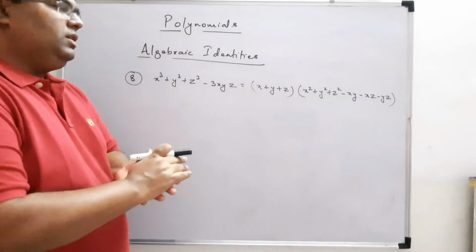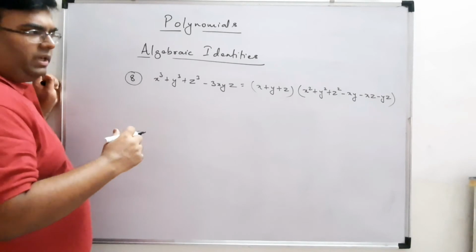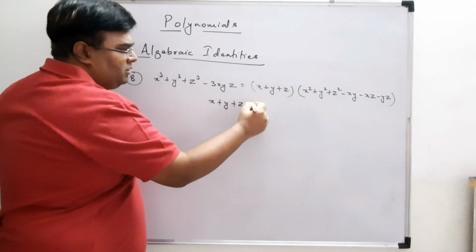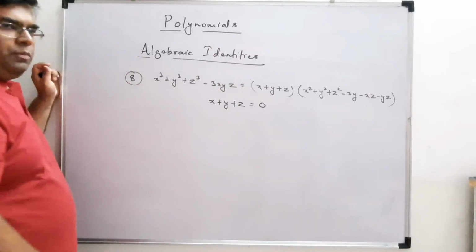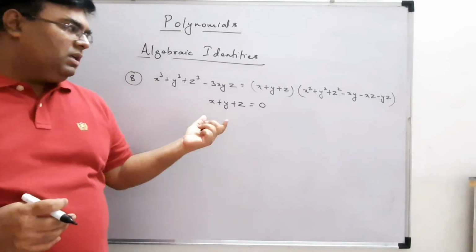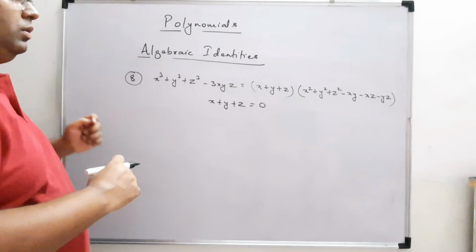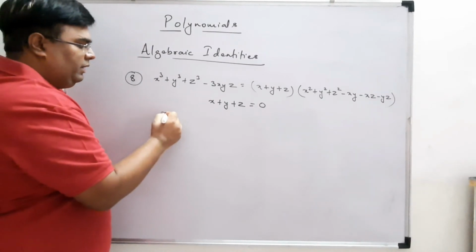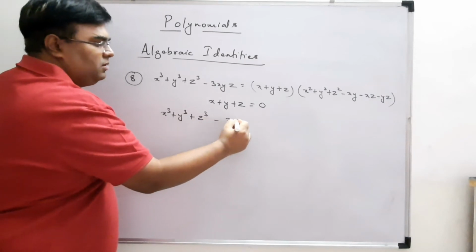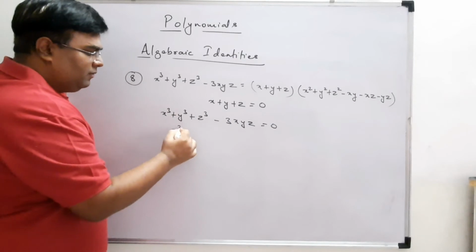Now this formula is basically used when there is a condition. Suppose x plus y plus z is equal to 0. Suppose we have three numbers x, y and z whose sum is equal to 0, then the whole RHS will become 0. So we will have x cube plus y cube plus z cube minus 3xyz is equal to 0. From here we will get